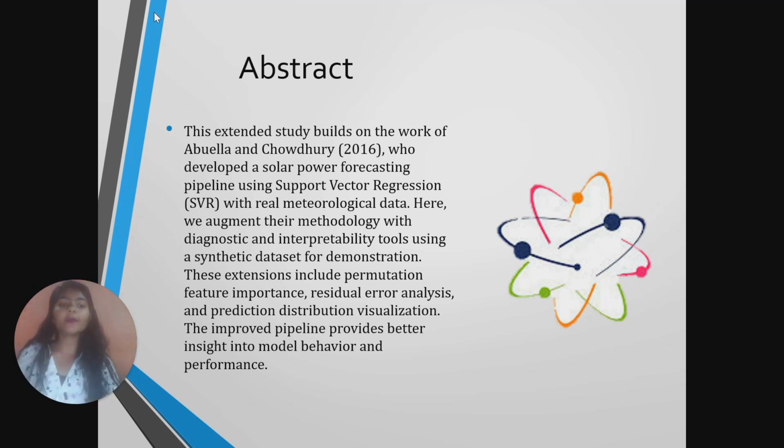This extended study builds on the work of Abella and Chaudhary in 2016, who developed a solar power forecasting pipeline using support vector regression with real meteorological data. Our contribution in this project is that we augment their methodology using diagnostic